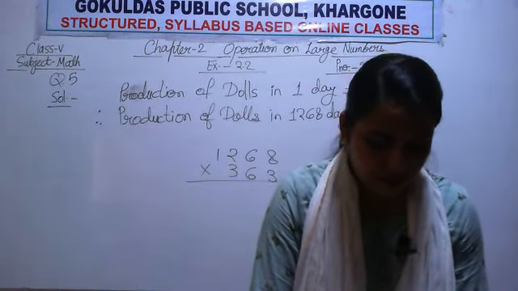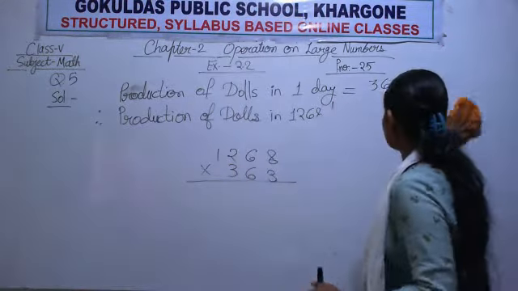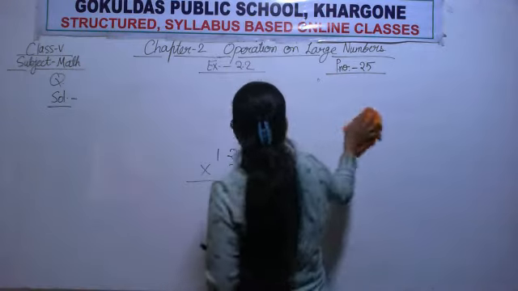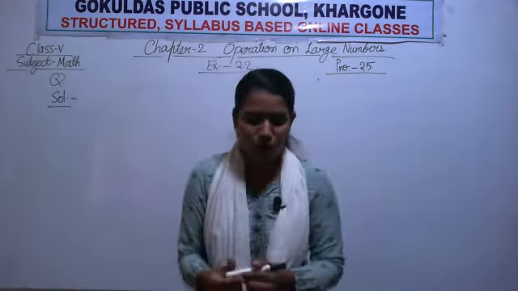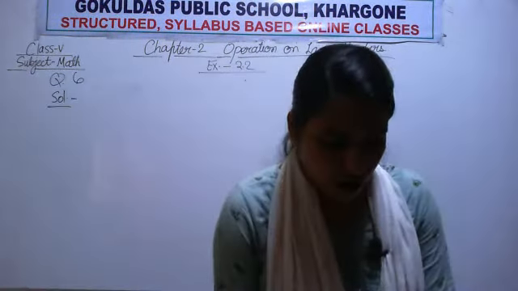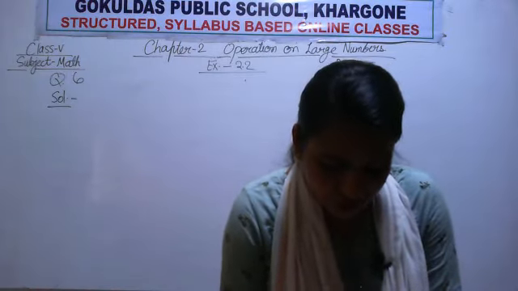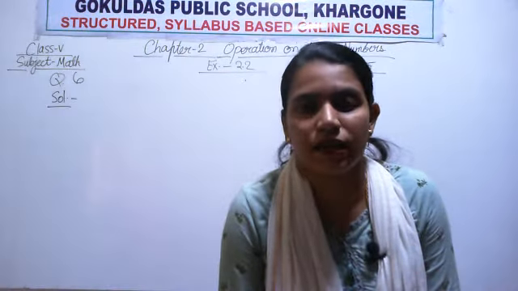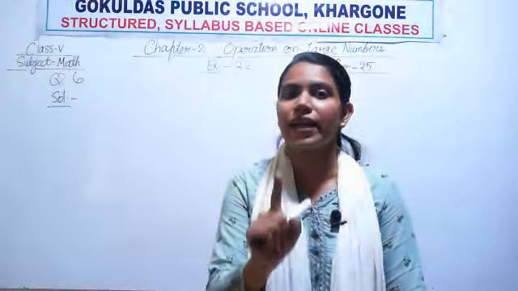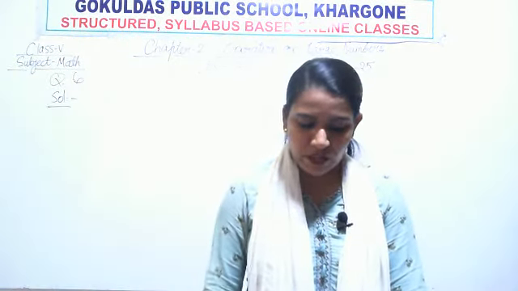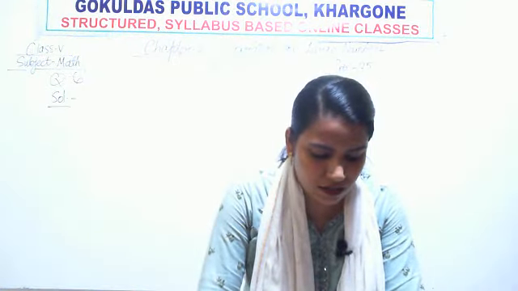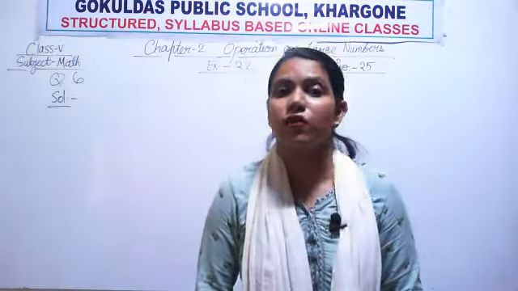I am explaining question 6 also, how you will do it. Let us discuss question 6 now. That is the last question of the exercise. A factory manufactures 456 soaps in a day. Again, 1 day's data is given. How many soaps does it manufacture in 1 day? 456. How many soaps will the company manufacture in 15 weeks?